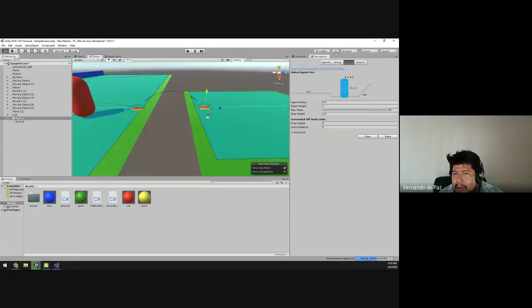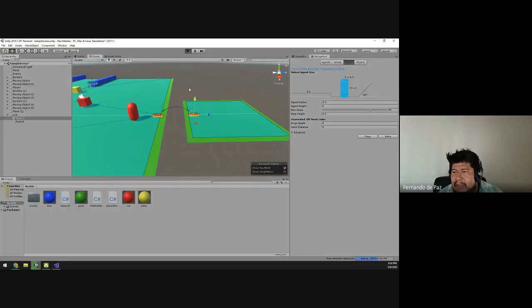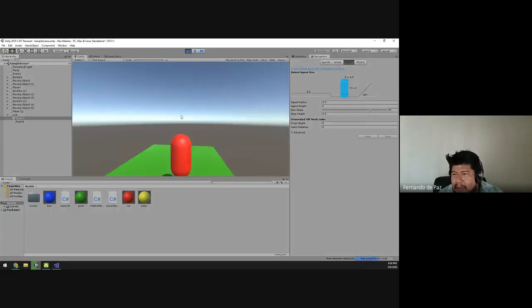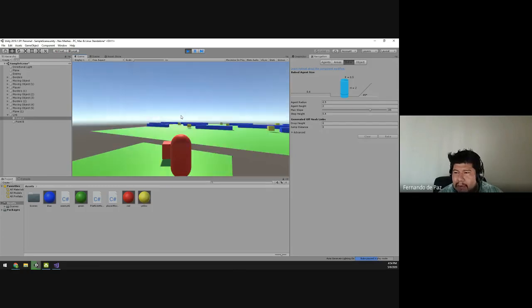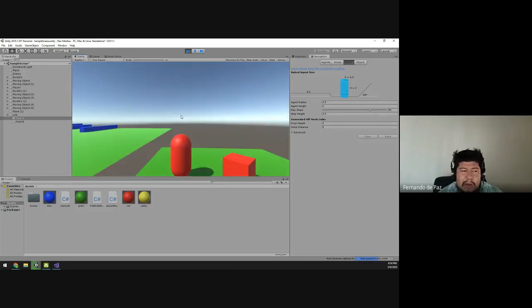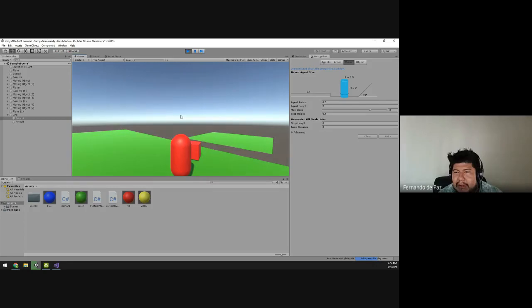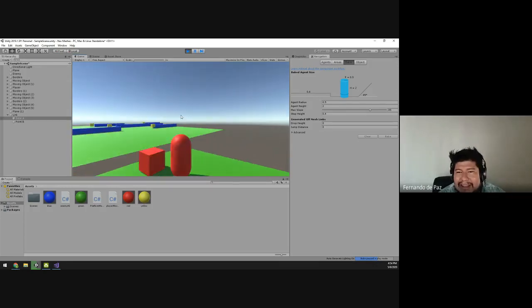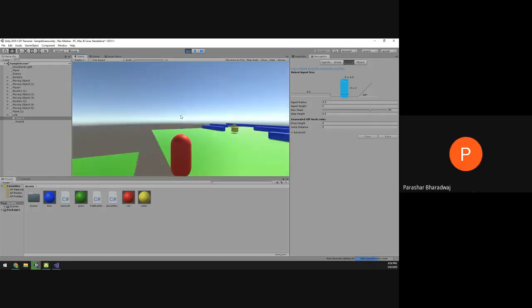Now when I press play, you don't have to bake it again. When I press play, I can go to the other location, and you see my cube now follows. I go back, my cube can follow again. I go to that other location, my cube can follow. And this is basically